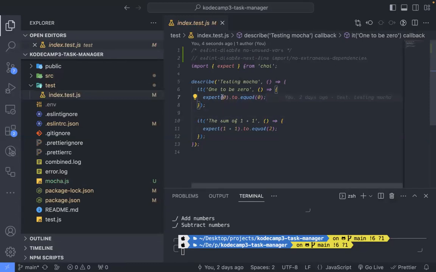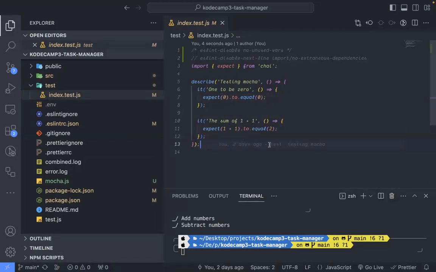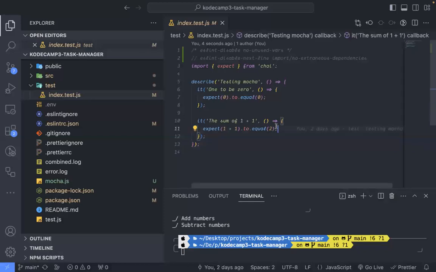And if you're wondering why we have two and equal here, you can actually nest an equal function inside of the two function to get this. So as you can see, you have 1 + 1 is equal to 2, to equal 2. And it's the same thing we've been doing in our Mocha test. Okay, so